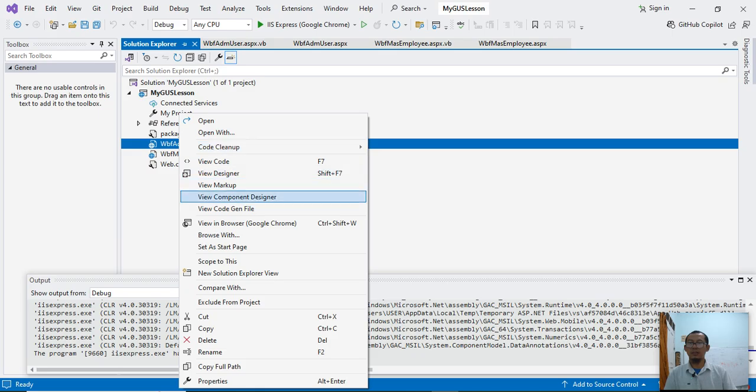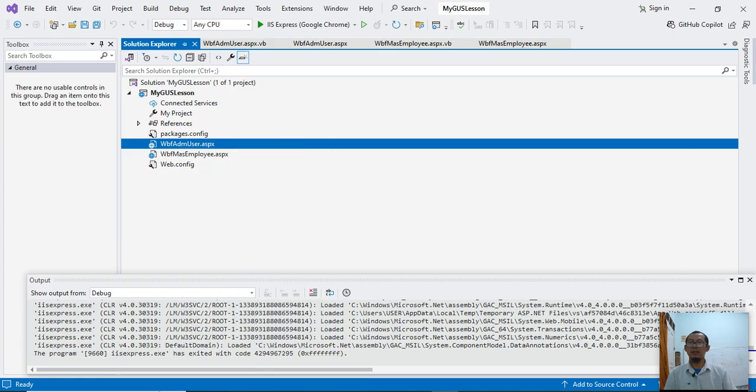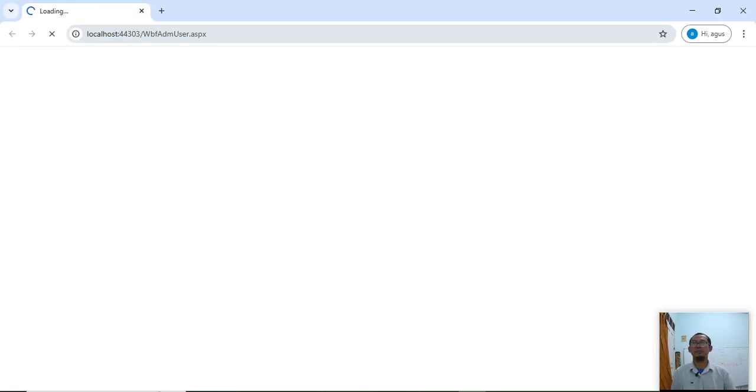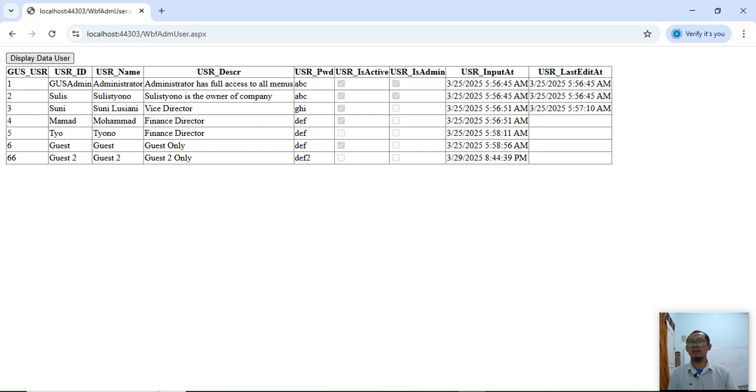Click master user and set as start page. Save. Now let's run our application. Let's display data user. Click. Okay, everybody. Now we are successful again in displaying data from the database in our application.